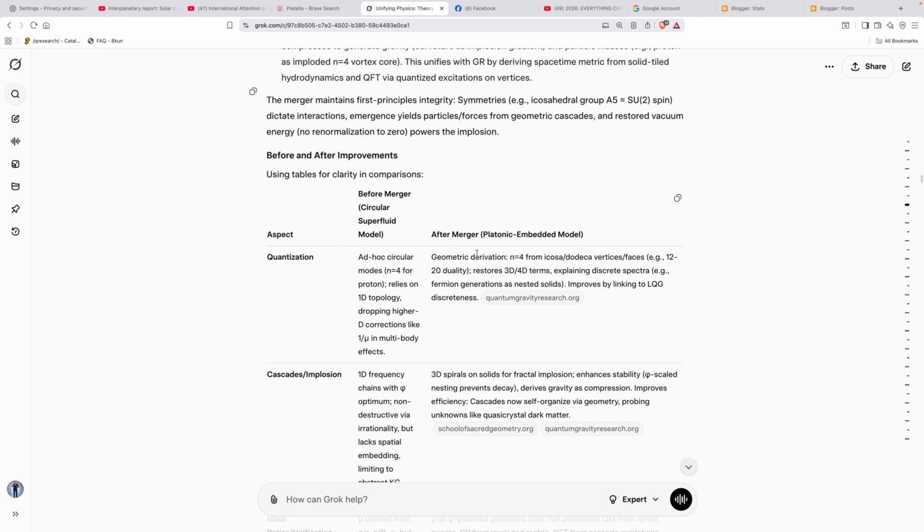So after the merger with the Platonic embedded model, geometric derivation, n equals 4 from icosadodeca vertices, faces, for example, 12, 20 duality, restores 3D, 4D terms explaining discrete spectra, for example, fermion generations as nested solids. Because Van's been through all this. The atomic model is related to these Platonic solids, shell embedding. So it improves by linking to